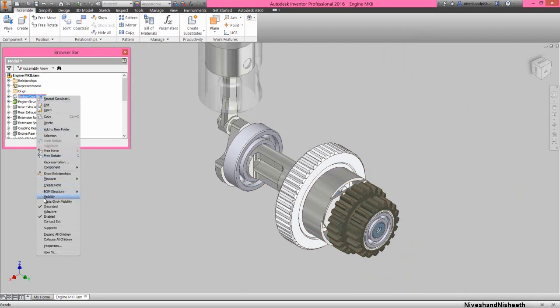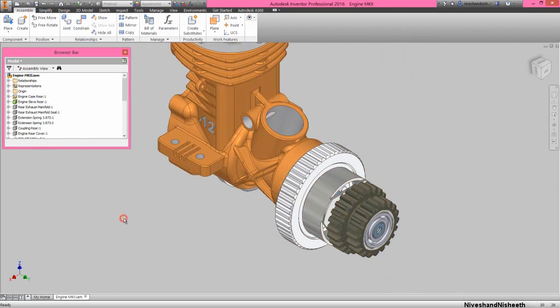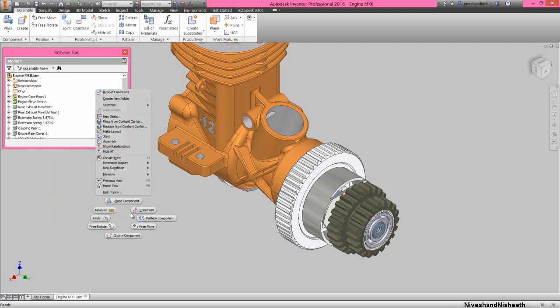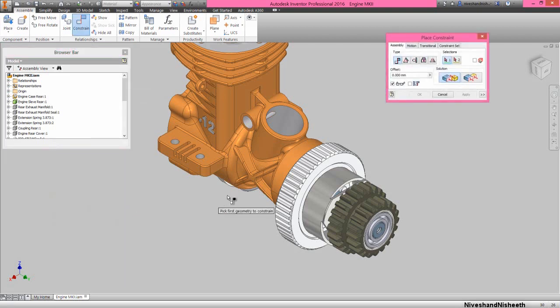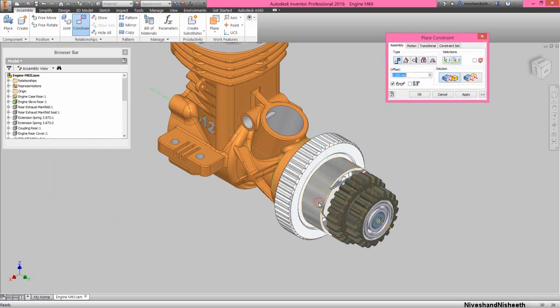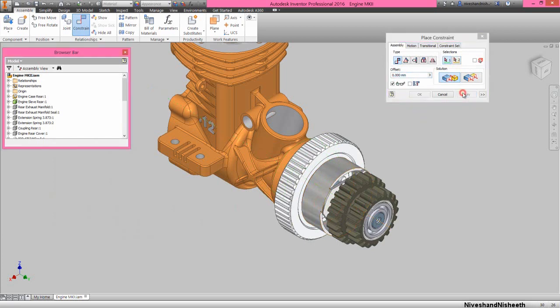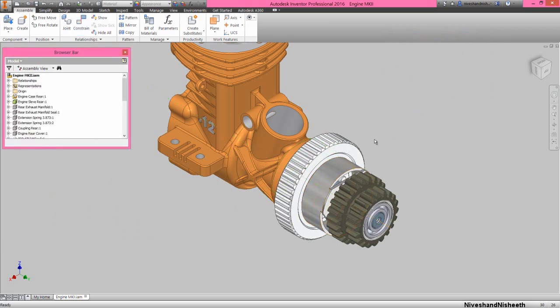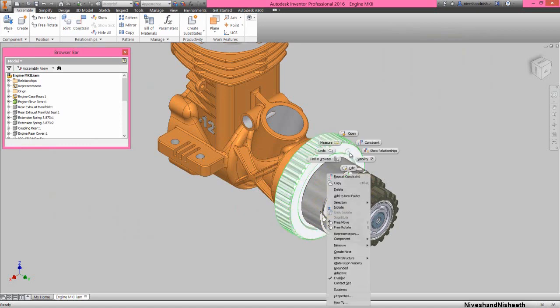Open the visibility of engine case rear part from the browse bar. Activate the constraint command. Select this hole axis of engine case rear part and horizontal axis of clutch bell assembly and apply mate constraint between them. Close the visibility of flywheel part.